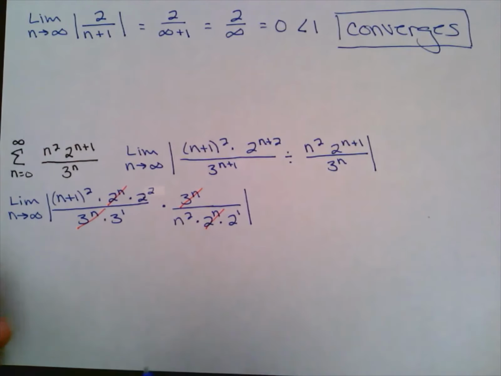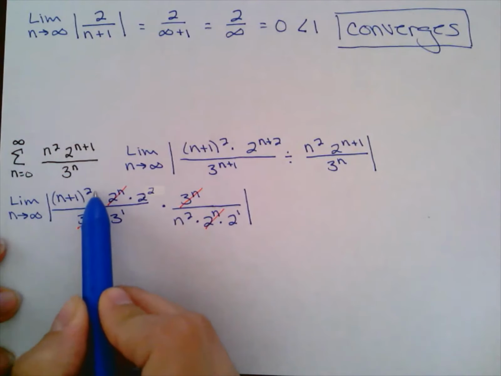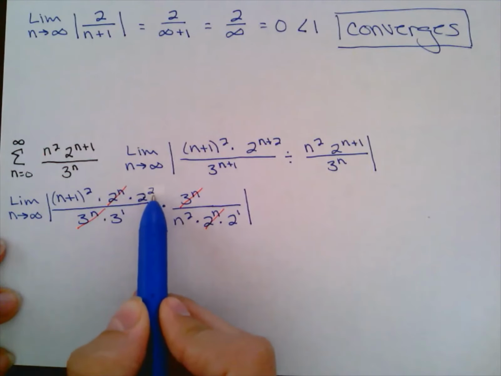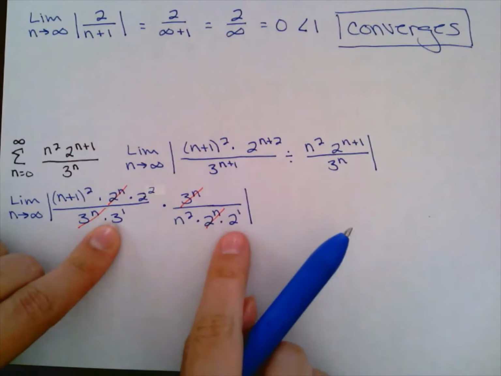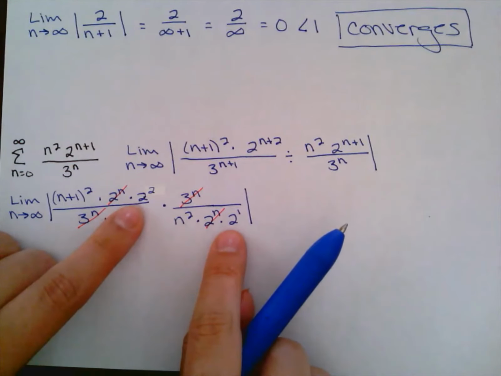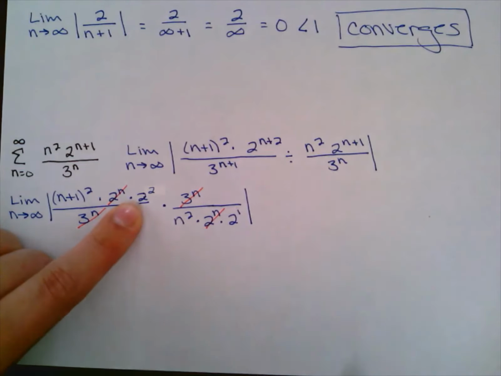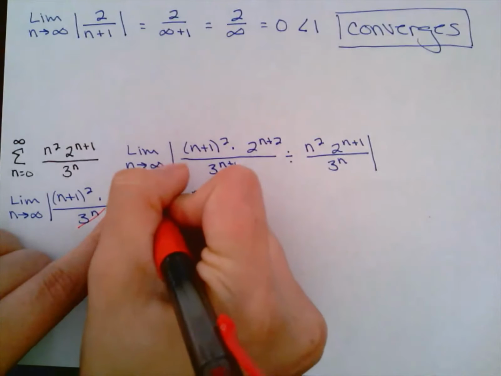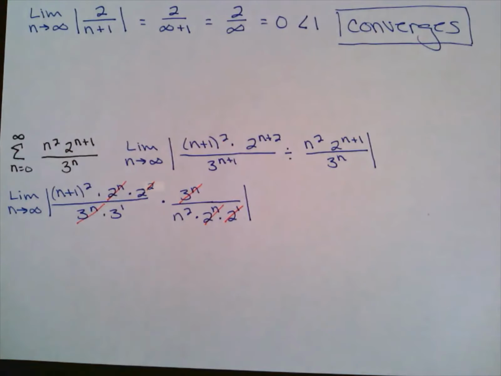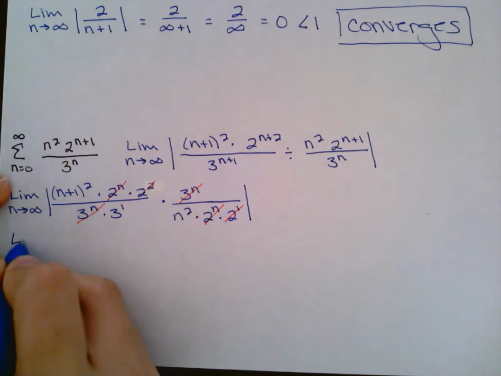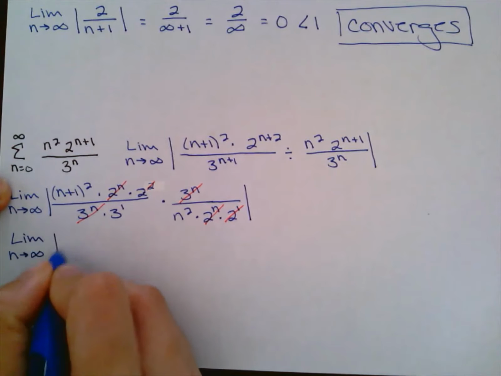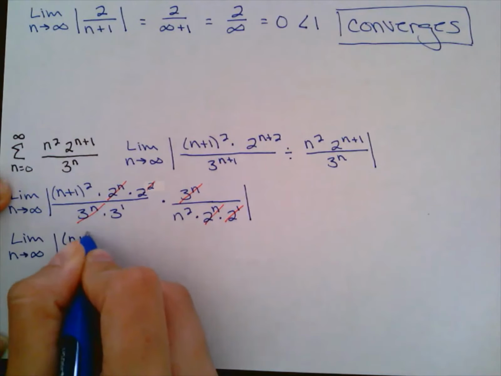So what I do have left, I have this n plus 1 squared, a 2 squared, and then I have a 3 to the first and a 2 to the first. Notice I can still clean here. That exponent of 2 means that there's 2 of them here and there's 1 of them here. So I can cancel out this 1 with 1 of the ones up here, and I'm just left with 1 of them, okay? So if I rewrite this, I have the limit as n approaches infinity of n plus 1